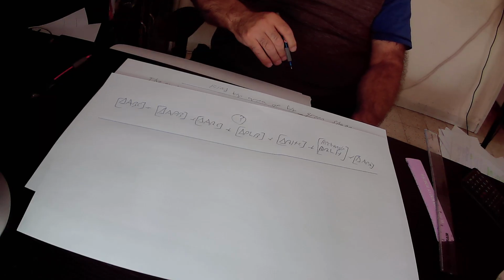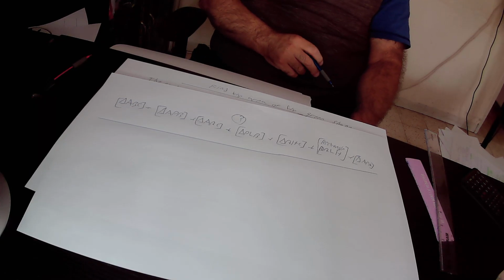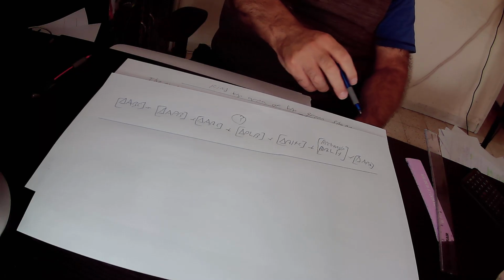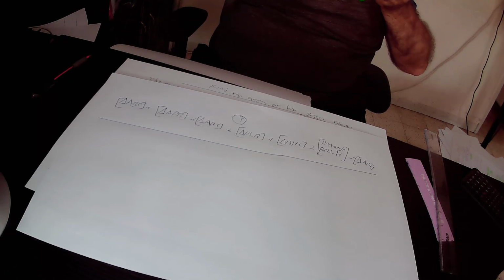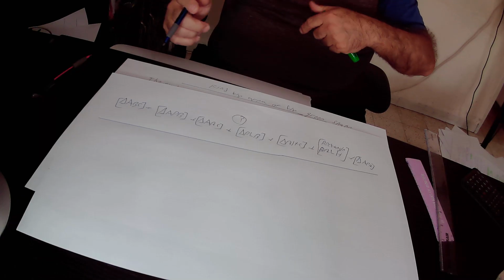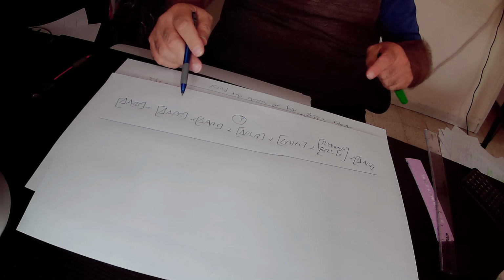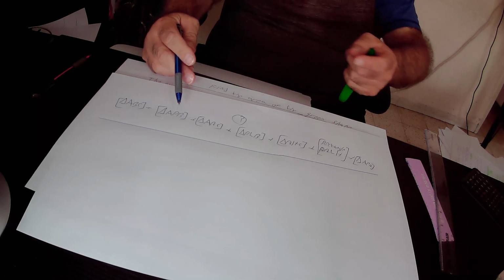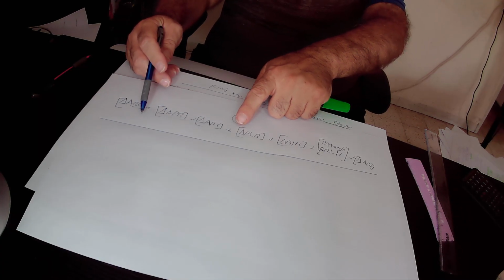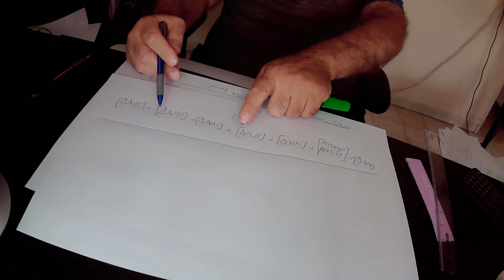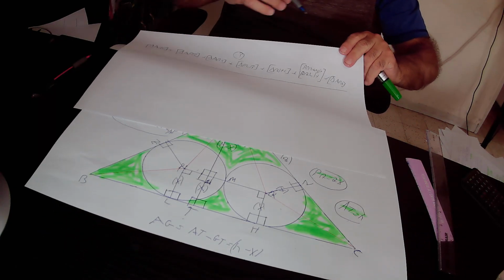This is equal to 24. On the other side of the equation, we have the area of triangle ABC in terms of x. The area of triangle ABC is 24 square units, equal to some expression in terms of x. So we have one equation, one variable. Definitely we can solve one equation with one variable. This way we find out the value of x, that is the radius of the circle,